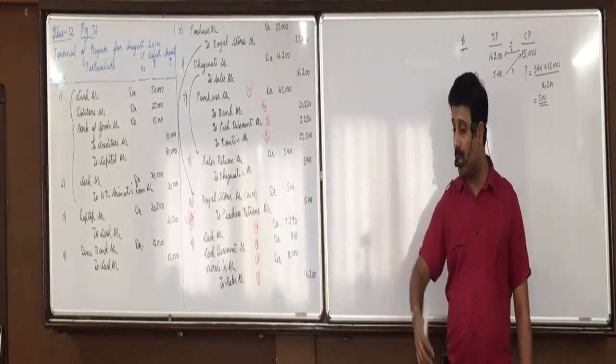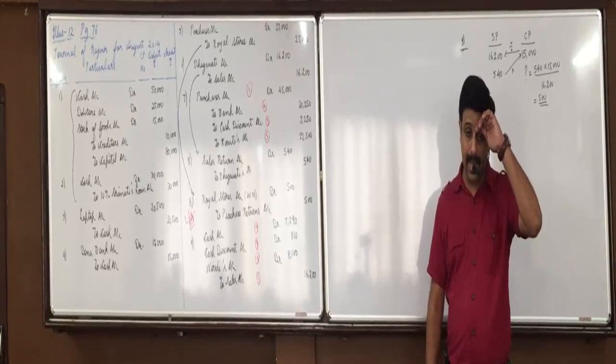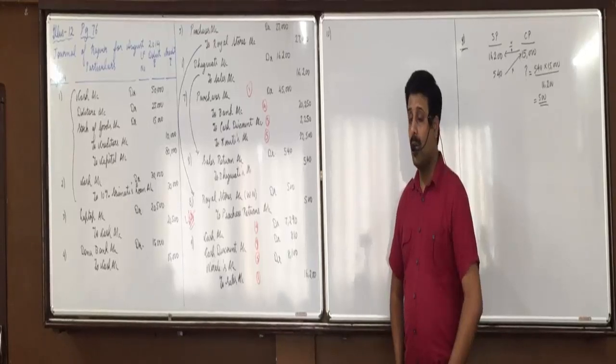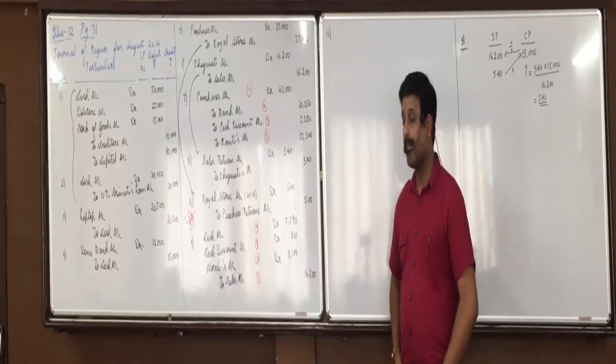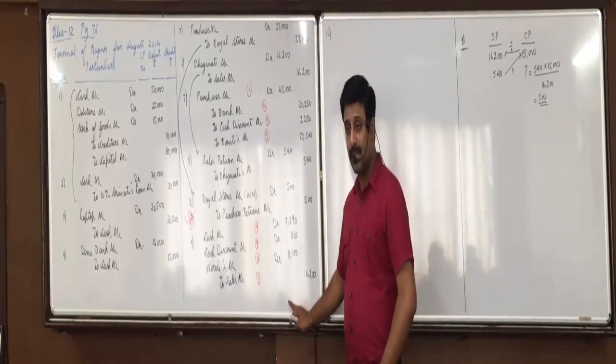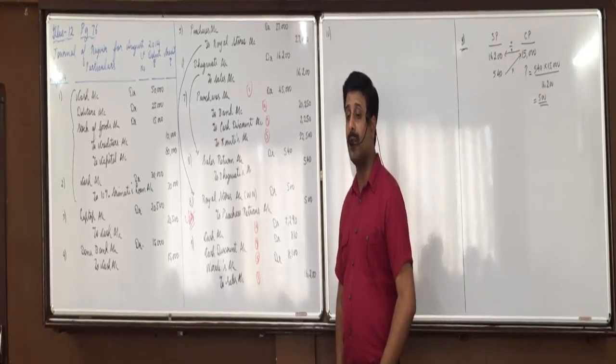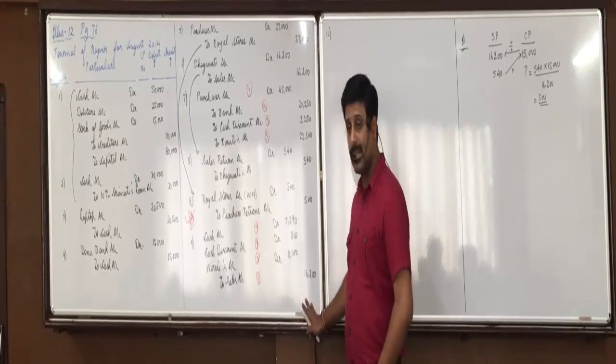Try it one more time on your own, the complete calculation as I discussed, and let me know if you are not able to get it. Who are not able to get all the amounts? Who is not able to get it? First you count sales. How will you count sales? Adding profit and subtracting trade discount. Do it 15,000 plus 20% profit minus 10% trade discount. This will record against sales.